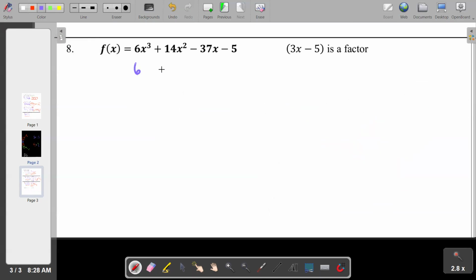All right, so let's go. So we got 6, 14, -37, and -5. And what are we going to synthetically substitute? I got a lot of questions about this one throughout the day. It's not 5. It is 5/3. And I'll always answer the question this way. The thing I just underlined up there in red, what number could you put in place of X to make it equal